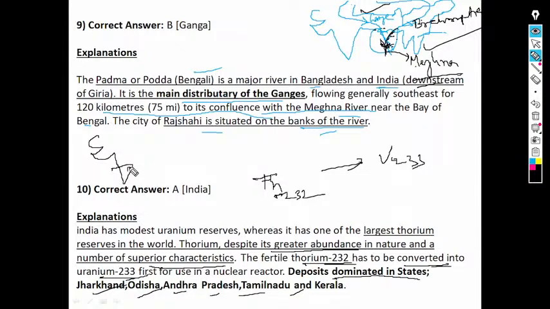Along this coast is West Bengal, then Odisha, Andhra. These are the coastal states that get major dominance, and Kerala also has major dominance of the reserves of